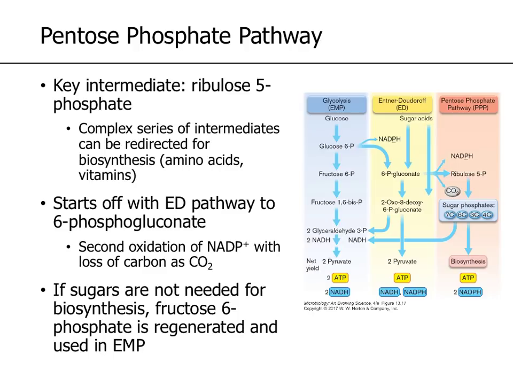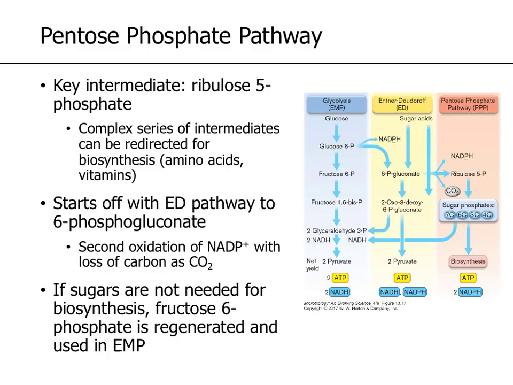All right, so the last pathway is the pentose phosphate pathway. So the main thing about this one is it generates the possibility for all these different intermediates. So the key intermediate here is this ribulose 5-phosphate. That one is a key intermediate that will allow you to make different amino acids, vitamins, because all of this can be redirected for biosynthesis of